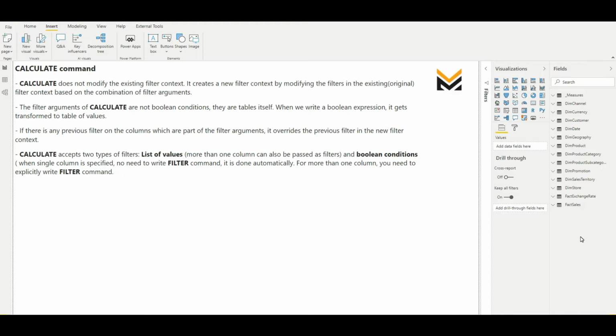So filters can be put in many ways. Slicer is one of the ways. Other ways can be, you can select a particular brand from the chart itself, using the filtering feature of the charts, or page level, report level, visual level filters.